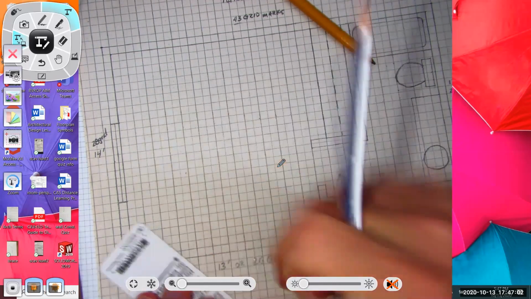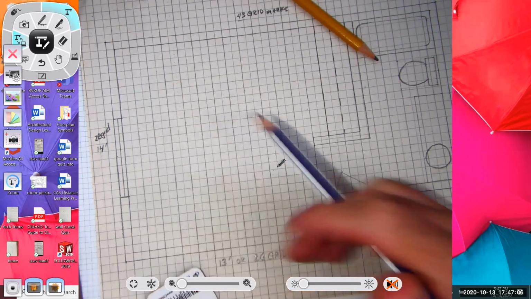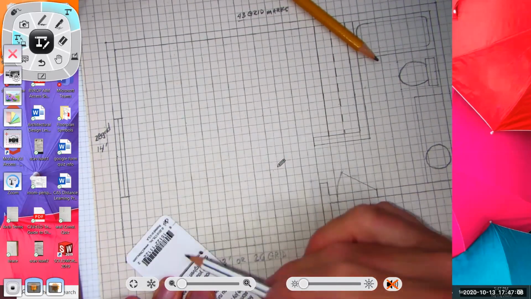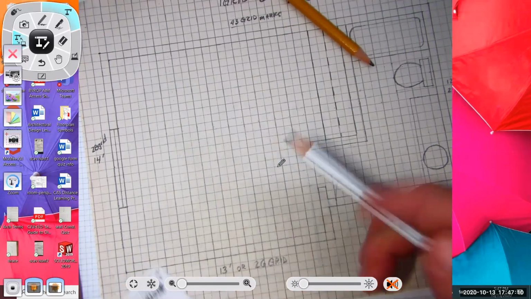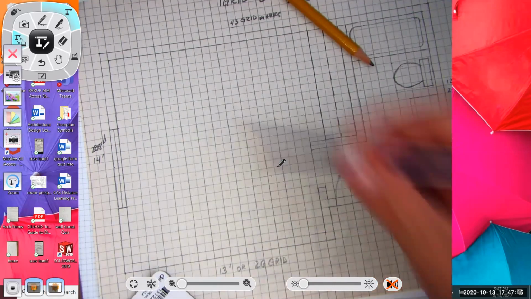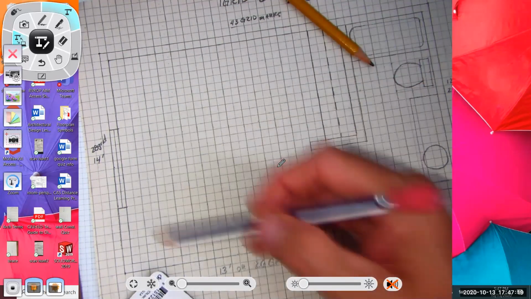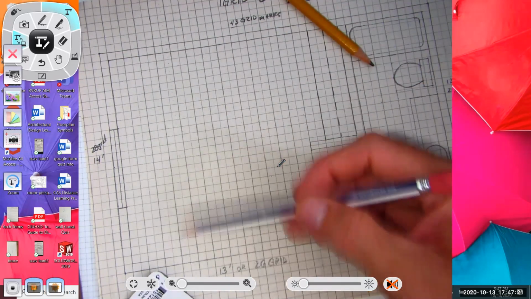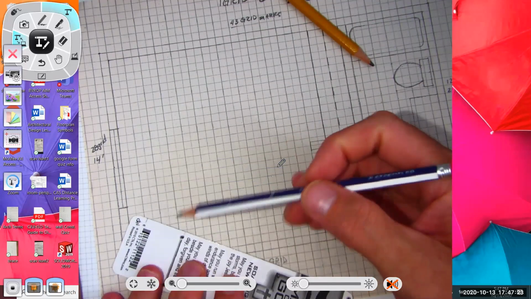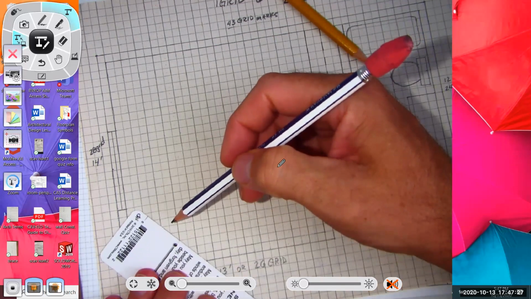So what I would suggest doing is taking the size of the recliner here on your straight edge, and after you're done drawing in the dressers and the bed, in this corner between the dressers and the bed, you can draw in